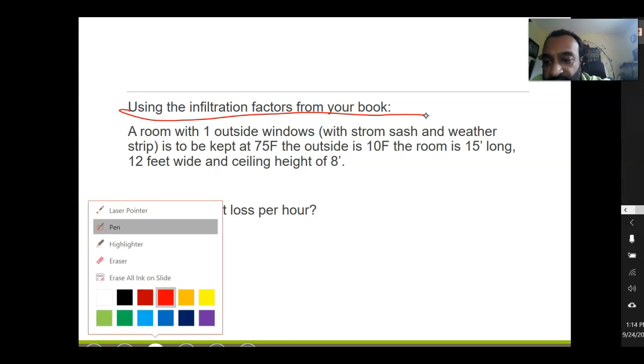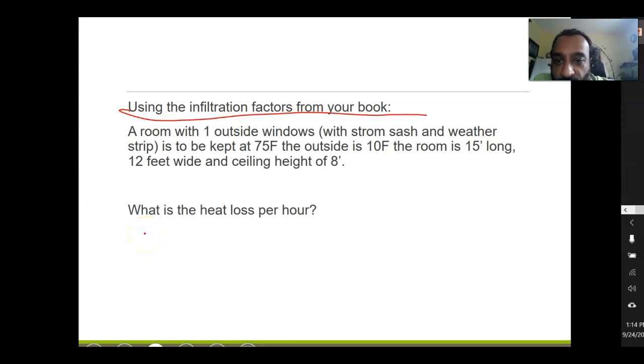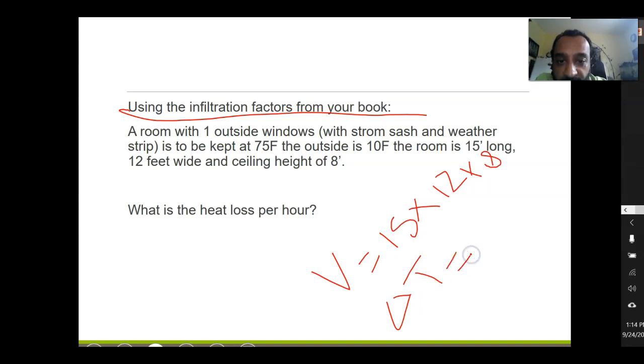First you find the volume, which is 15 times 12 times 8. Delta T equals 65,